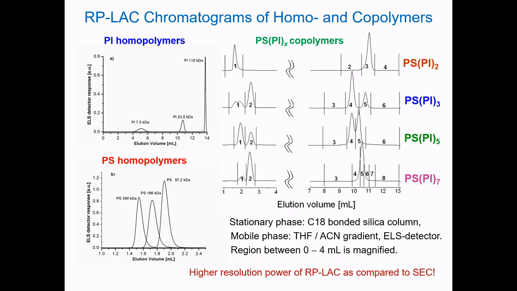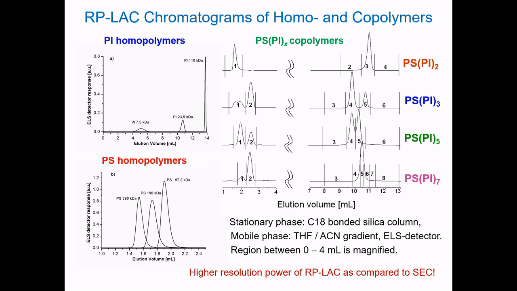At higher elution volumes, the number of peaks depends on the type of Miktoarm stars. All samples show, above and below these intense signals, peaks of significantly lower intensities, which were visible only after magnification of the chromatograms. Based on elution behavior of both homopolymers, we expected that the constituents of the stars elute in a sequence of increasing content of polyisoprene, which was also proved by collecting the fractions at the column outlet